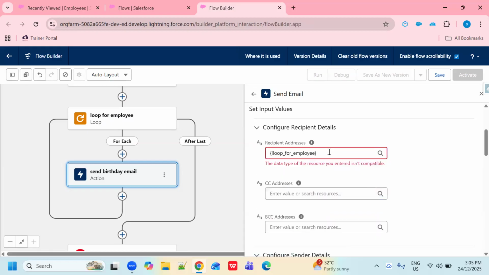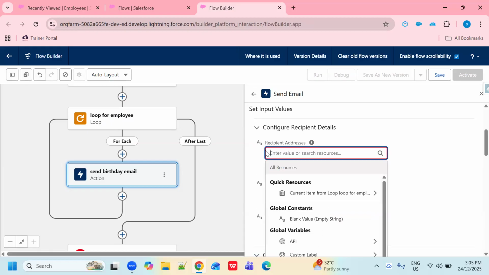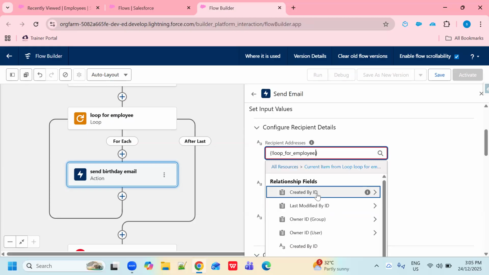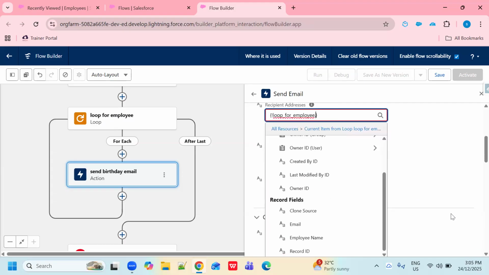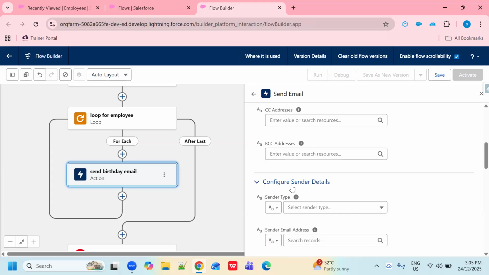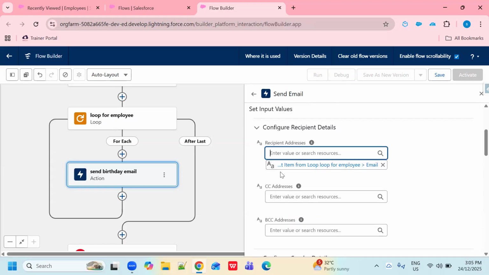Okay, so now here we have the email option, right? So in this way we can send the mail to which address is stored in our database as an email, right?